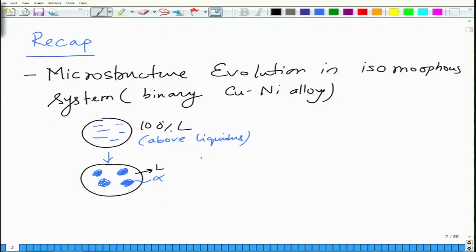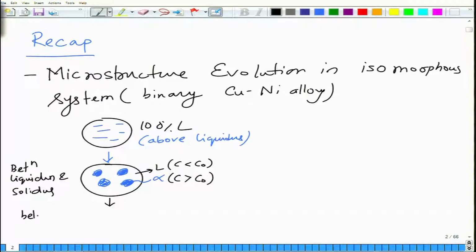So alpha of some intermediate composition, typically higher than C naught, so it will be C greater than C naught, and the liquid will be typically C less than C naught. Okay, and this is between liquidus and solidus,